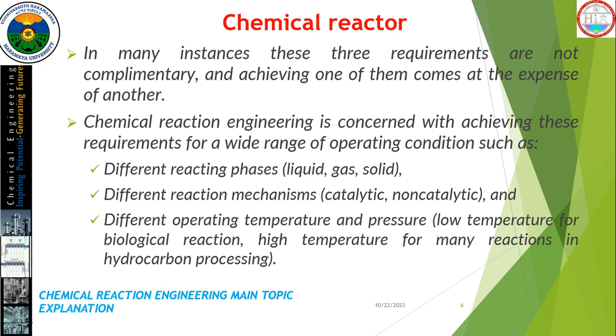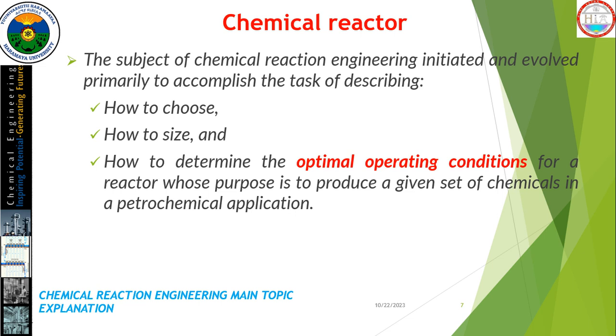of different views. The subject of chemical reaction engineering initiated and evolved primarily to accomplish the task of describing how to choose, how to select, and how to size. How to size is directly related with volume, how to choose is directly related with the process conditions. It may be process conditions or types of reactors and so on. How to determine the optimal operating conditions. The optimal operating condition is either the maximum conversion rate or the minimum conversion rate, or optimization